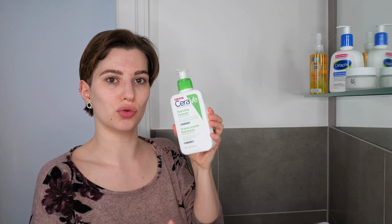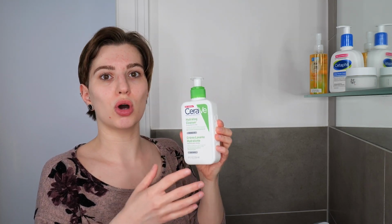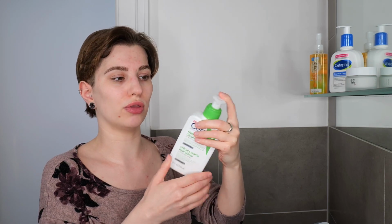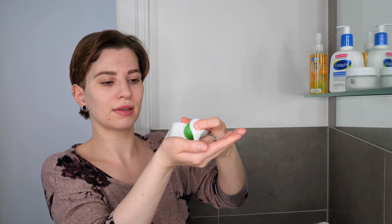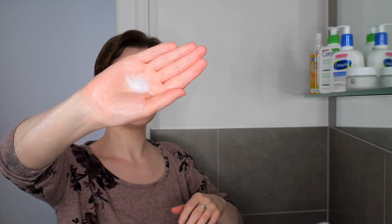I have 2 examples right here, and I'm going to use CeraVe's Hydrating Cleanser, which is great for normal to dry skin. And so again, use between 1 to 2 pumps, which should be more or less about a coin size amount on the palm of your hand. About that much. Then blend it between your hands, and then again massage it all over your face and neck